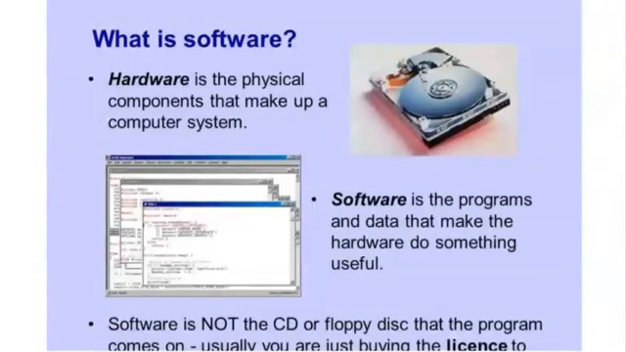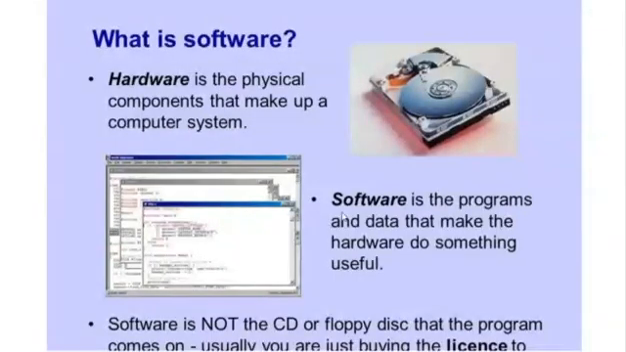Now we will see the difference between hardware and software. Here in the picture you can see clearly the difference between hardware and software. Here is a piece of hardware you can see in the picture, and here the piece of program that creates the software. So hardware is the physical components that make up a computer system, and software is the programs and data that makes the hardware do